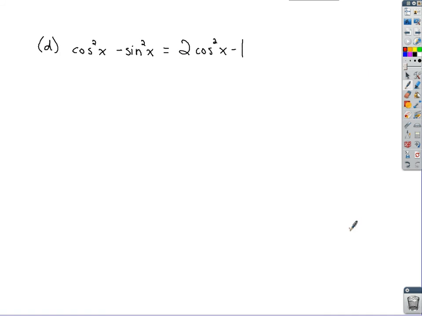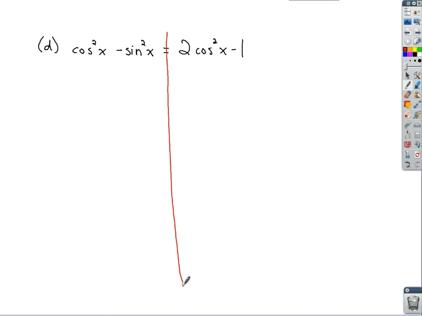Part D here, it really doesn't matter which side you want to work with, and that's true with any of these problems, but this one for sure, neither one is more complicated than the other. So for purposes of this example, I'll just choose the left side. And if I'm going to choose the left side, actually what stands out to me is this is a double angle formula scenario that I'm playing with, so you could be creative and use a double angle formula to help you verify. But if you don't see that, and we just kind of hold true to what we've been doing,